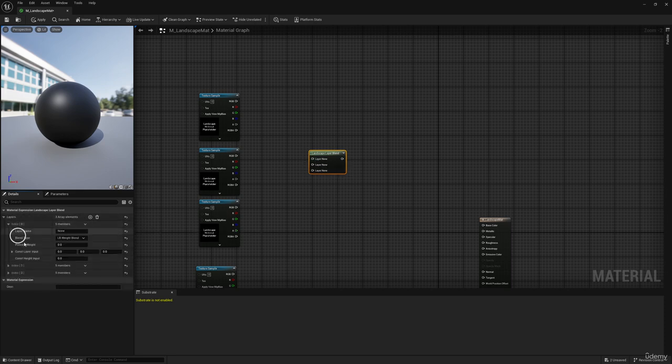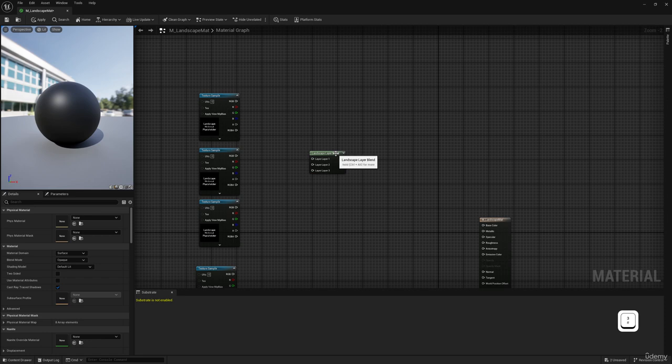What we can do here is we can name this, the first one we're going to name grass. The second one we're going to name this, actually we're going to make this material a material instance, so we don't really need to name it. Let's just call this layer 1, layer 2, and layer 3. So once that is done,